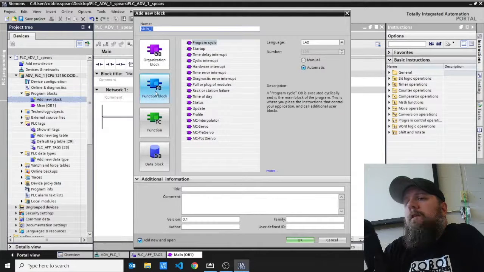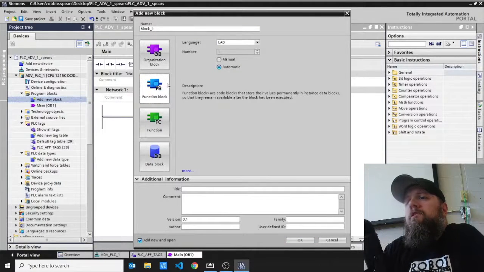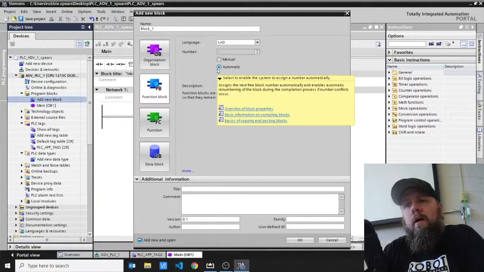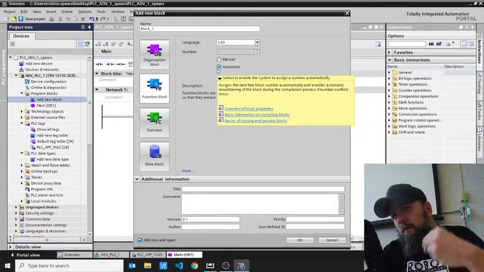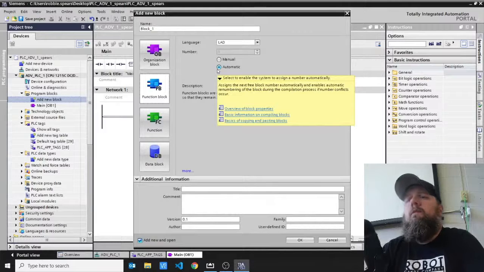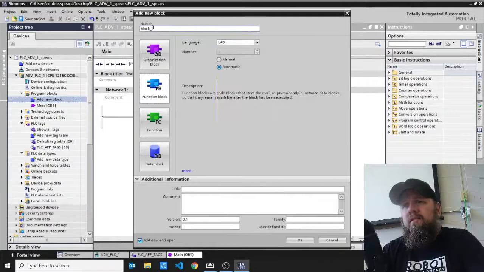So click on function block real quick. Make sure language is ladder, LAD. Make sure it's on automatic. That's going to number it up. As we add more function blocks, it'll add the next one instead of us having to keep track of what it's called. Now let's change the name to